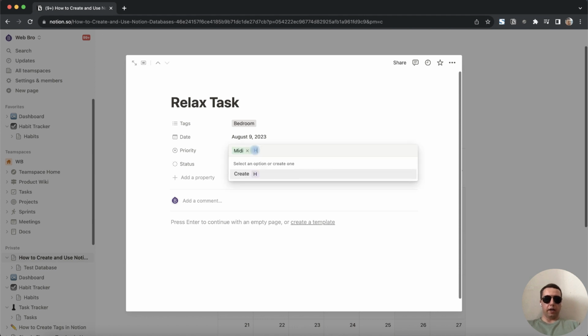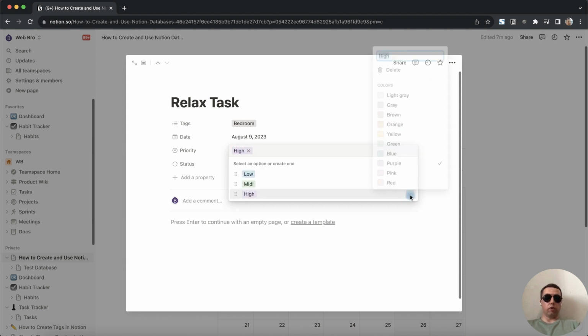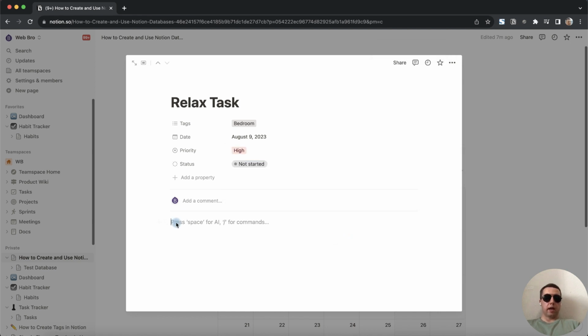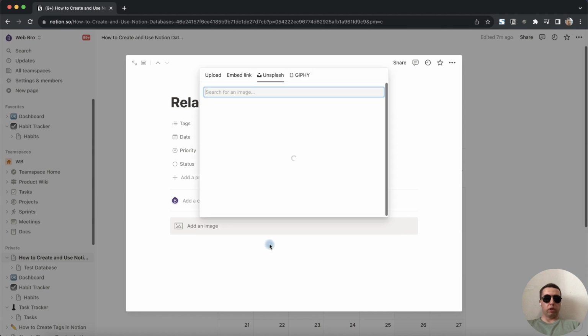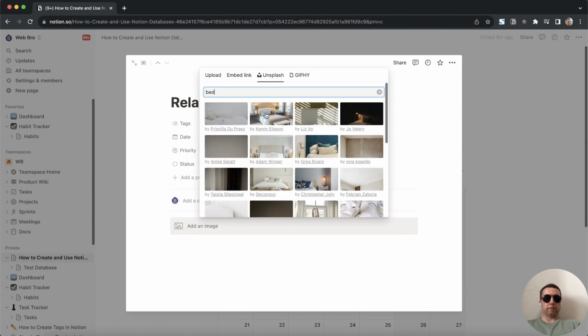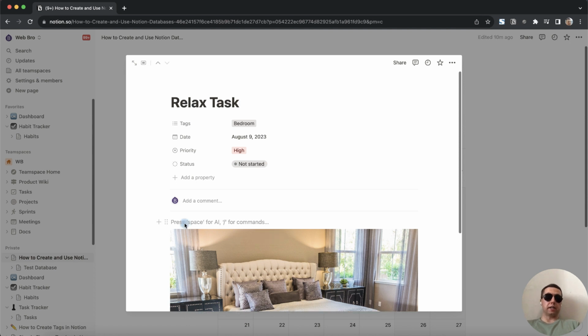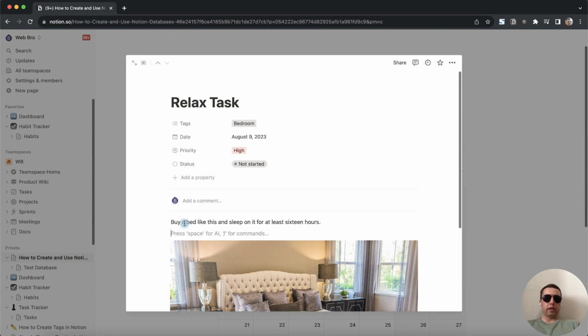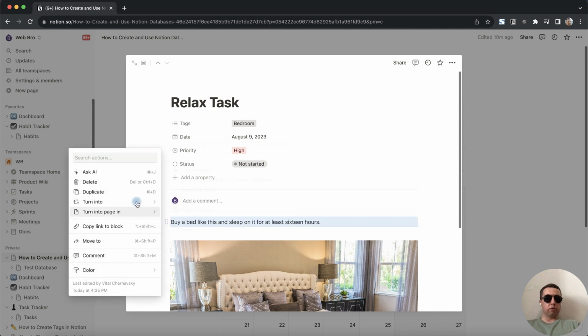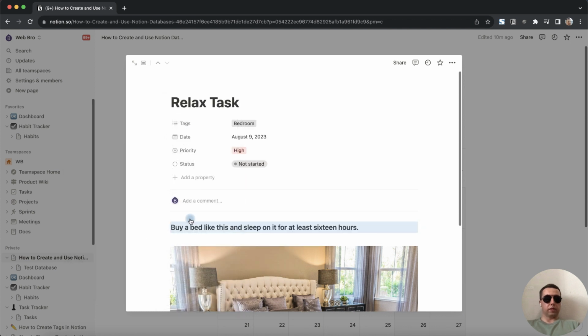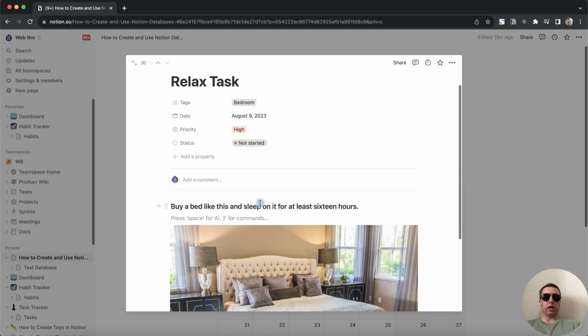medium, and high. We can change the color of high priority, it will be the red color, OK, and add any content. For example, image, I choose image library, for example, bed. OK, click on the card name and press enter and add a description for the card. OK, let's make it bigger. That's good. Now we have the content on the card and we can move on to the next view, the